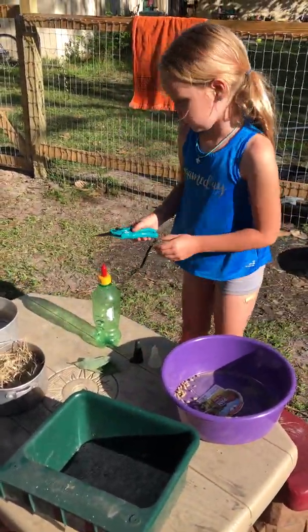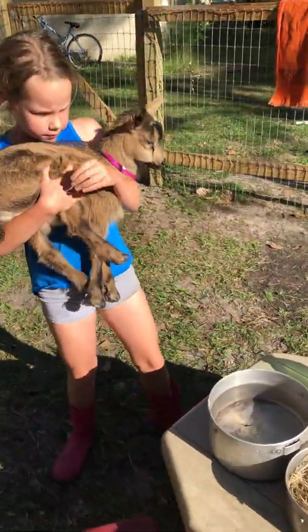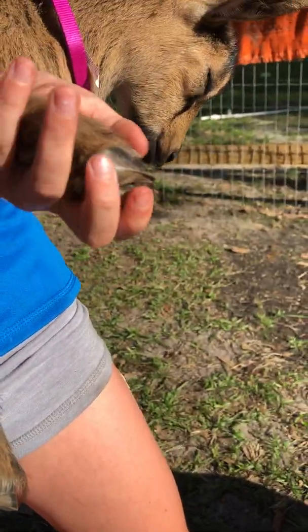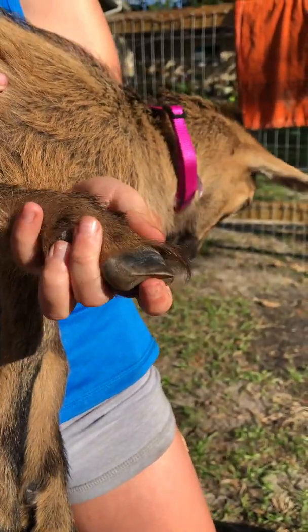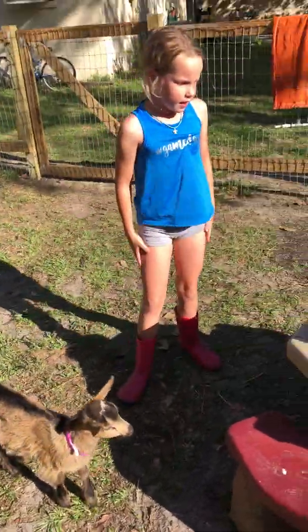You'll need to trim their hooves about once every 6 weeks. So their hooves will need to be trimmed, like those little parts right there. They will need to be trimmed about every 6 weeks. And then